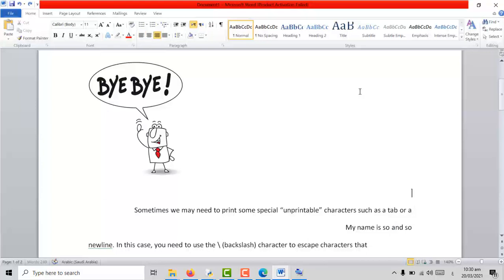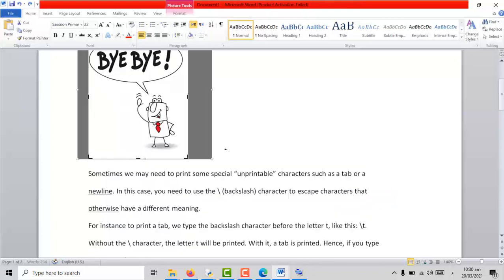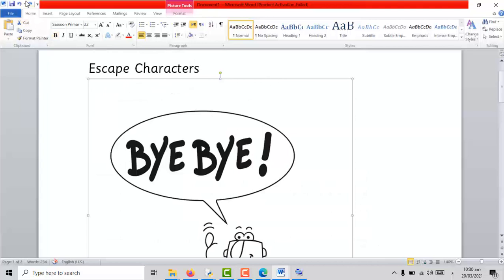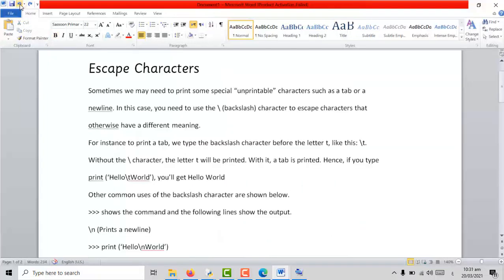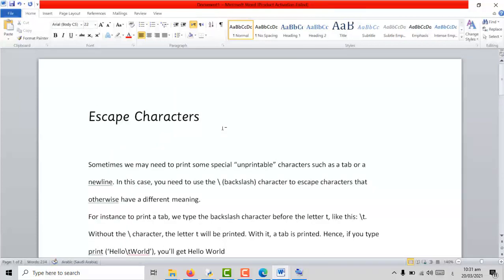Alright, let's delete everything that we have done and get the document back to its previous state. I'm using the undo button, and the undo button is found over here, or you can just simply press Ctrl and Z on your keyboard. Alright,